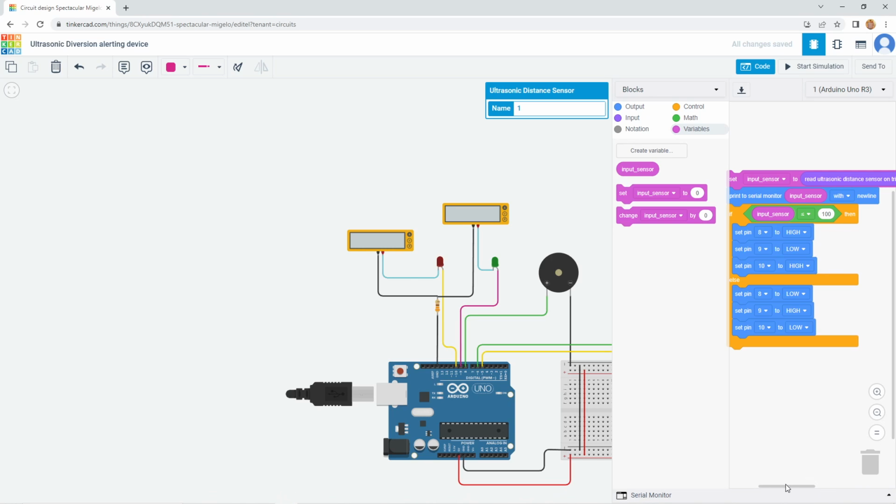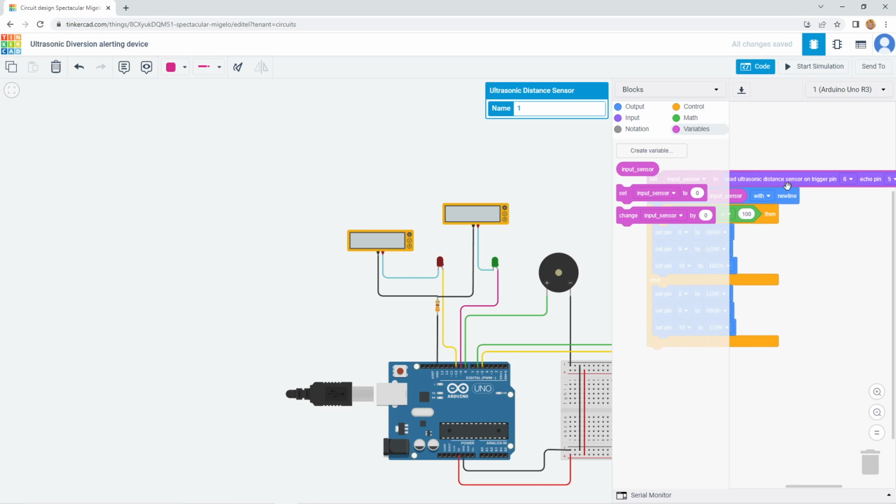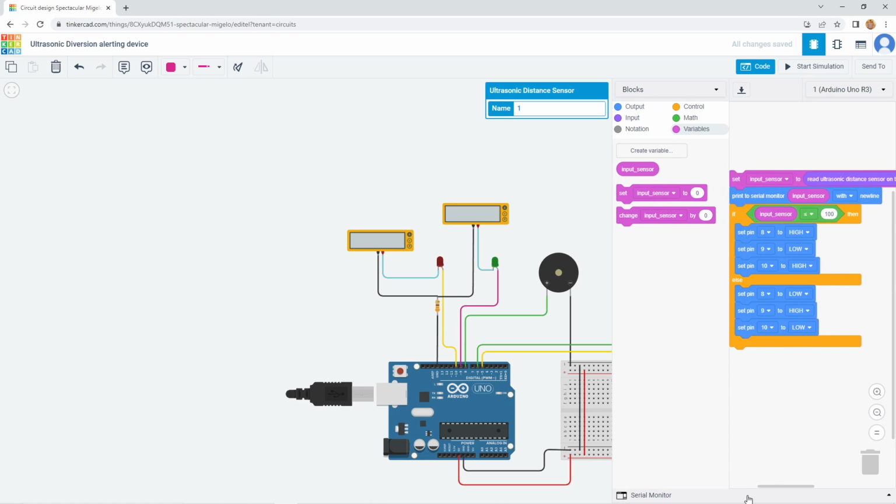Here I've programmed the code using blocks. First I've created a variable known as input sensor and I've set its value to be equal to the value read by the ultrasonic distance sensor, whose trigger is at pin 6 and echo is at pin 5, while taking its value in centimeters. I've also instructed the ultrasonic sensor to print the value of the distance, which is basically the value of input sensor, in both centimeters and inches. And then I wrote an if else statement,